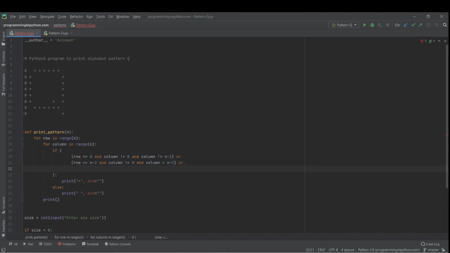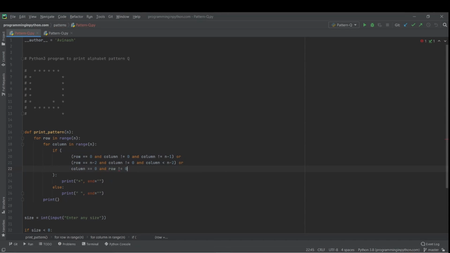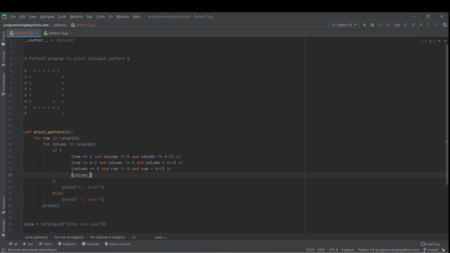Now I'll write for columns. If column equal to 0, that is the first column, I also need to make some changes for these. This is the first column equal to 0, and here also row should not be equal to 0, that is common. Row not equal to 0 is to eliminate this first thing, and here I need to make two changes, I mean two spaces I need to give, and row less than n minus 2. So this is for the first column, and for the last column, equal to n minus 2,